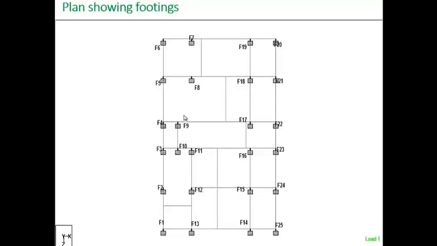This is the plan showing the footings. Here we have 25 footings, of which some are similar. The footings are designed as isolated rectangular footings. Taking the axial load coming onto the footing from the STAAD, the footings are designed for that axial load. The check for bearing pressure, check for punching failure, check for one-way shear, and check for bearing are done using